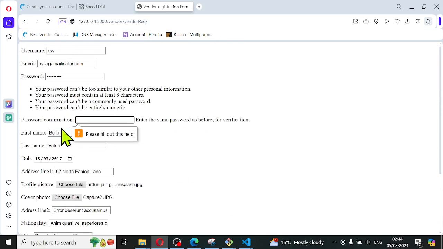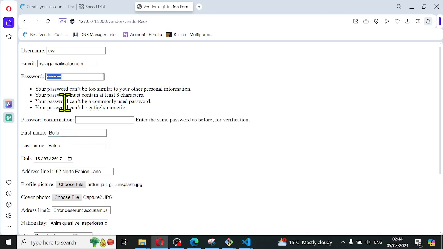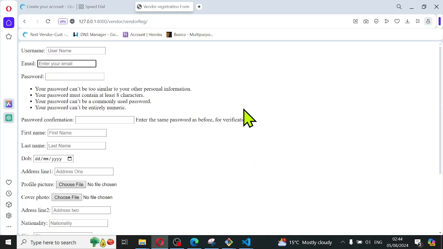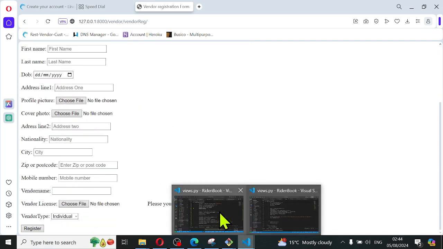So this is an example of a field error. Please fill out this field. This field is missing. Yeah, so I'm going to fill it out now, and then click on register. Now it didn't register. Go back to my code,